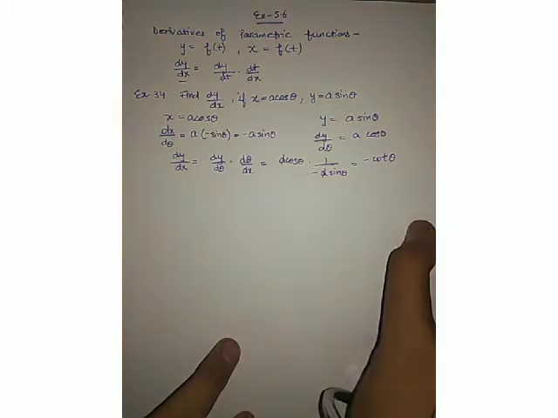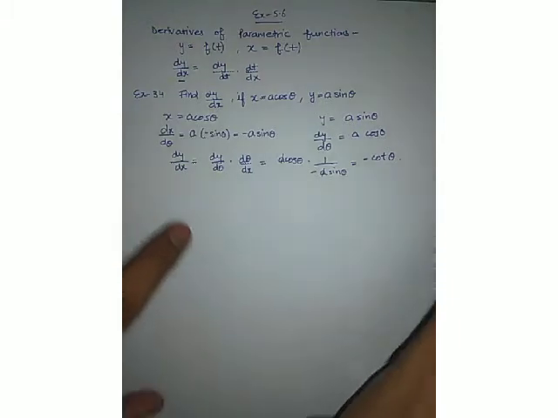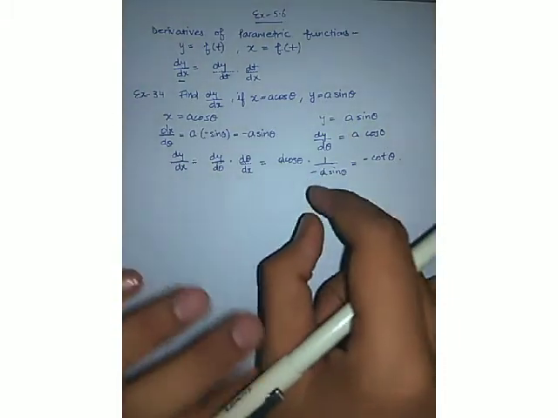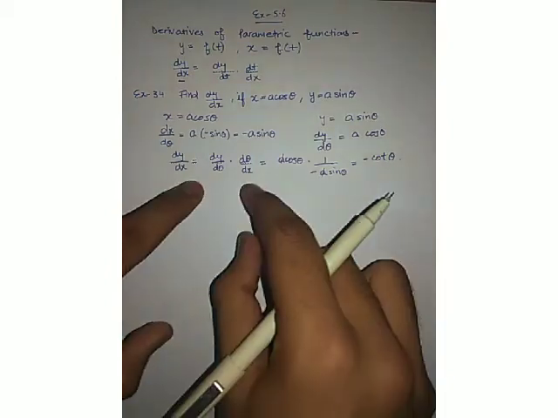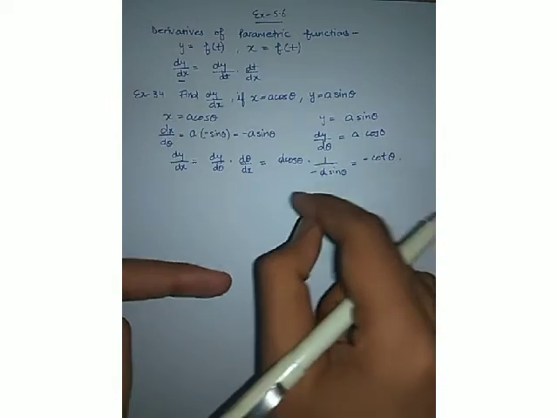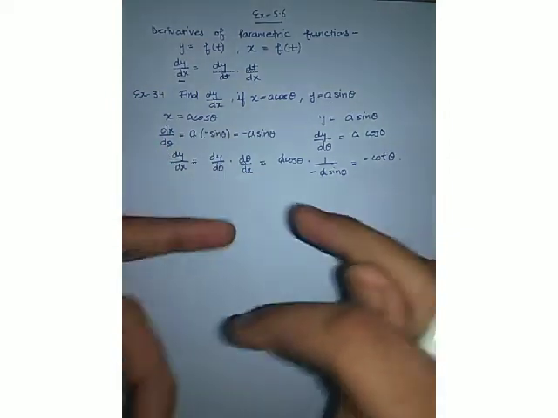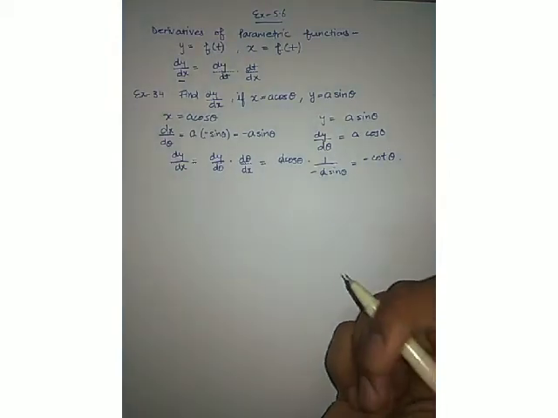So that is why I told you in the very beginning of this video that the differentiation of parametric functions is very much easy because you must be knowing only the differentiation of simple functions, trigonometric or inverse trigonometric, and then you just have to multiply both of the results, one in the simple form, one in the reciprocal form, in order to get dy by dx. So we are done with the 34th example.